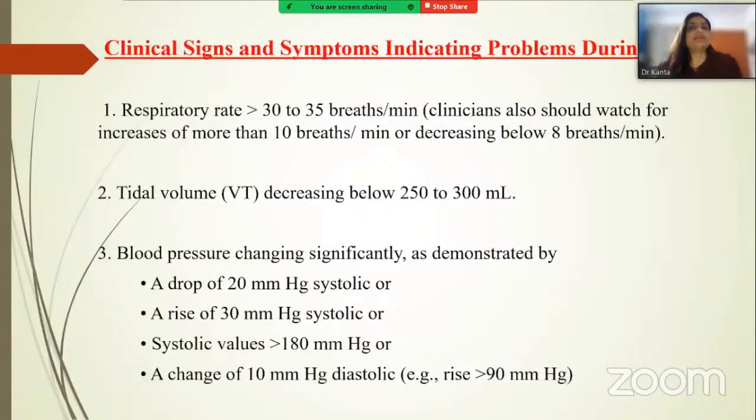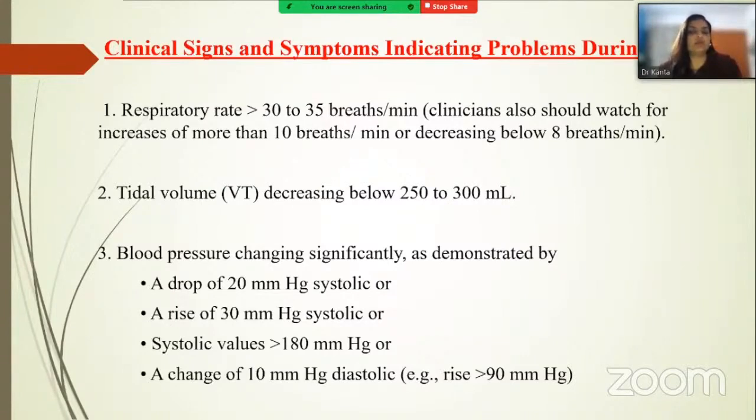So what are the warning signs that indicate problems during an SBT? Any increase in respiratory rate greater than 30 to 35 breaths per minute. So the clinician should watch for any increase of more than 10 breaths per minute or a decrease below 8 breaths per minute of the patient. The tidal volume decreasing below 250 to 300 ml. The blood pressure changes